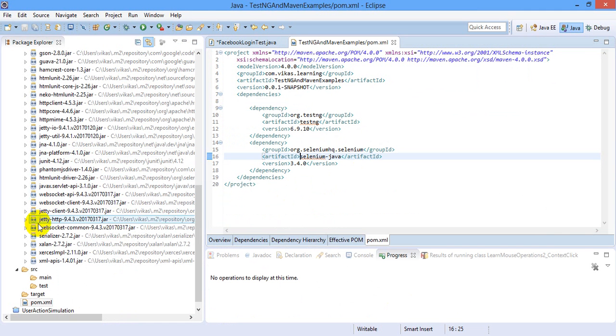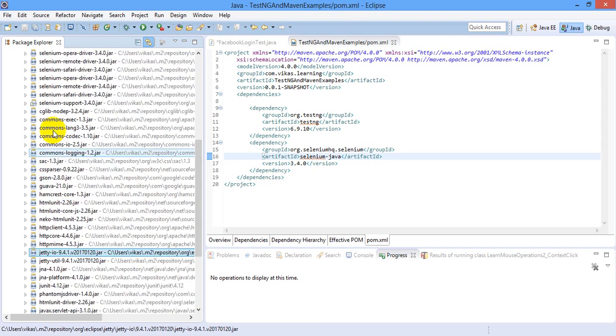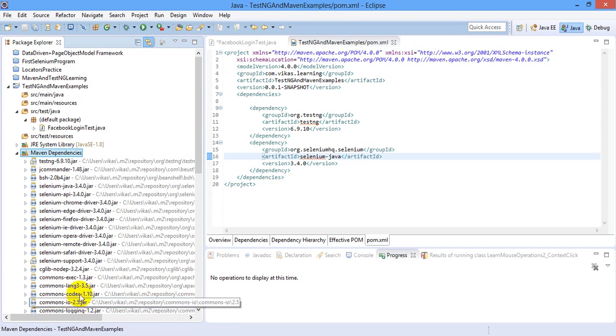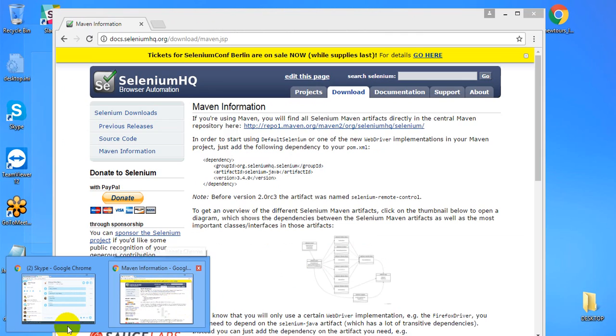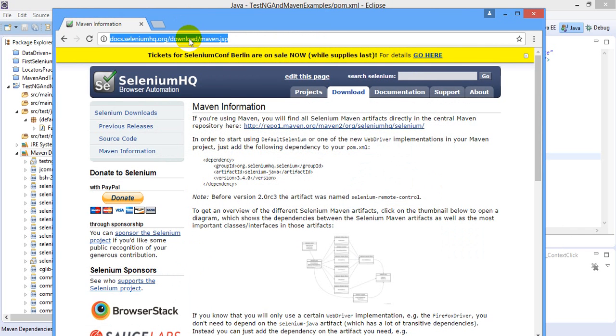Okay, go to your Eclipse. There you see so many jar files are added, because I told you, if I'm adding a dependency to Selenium, it will also add other jar files which are required by Selenium, so it will be added recursively. Okay, if you want more information about what dependencies Selenium has, what you can do is you